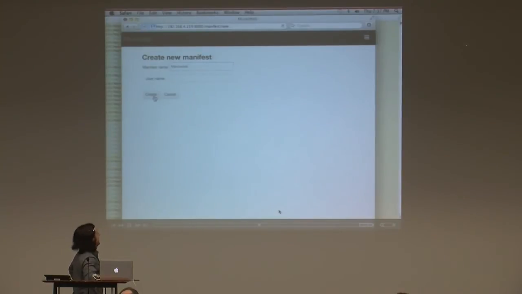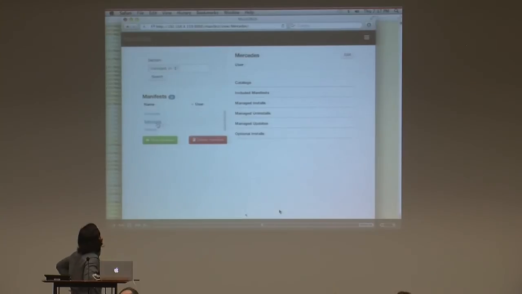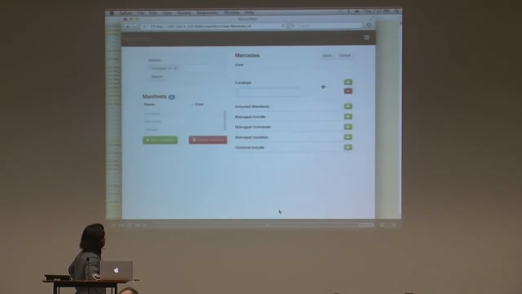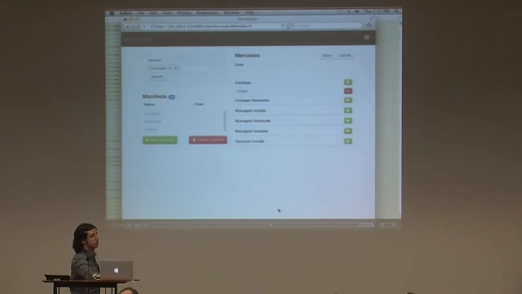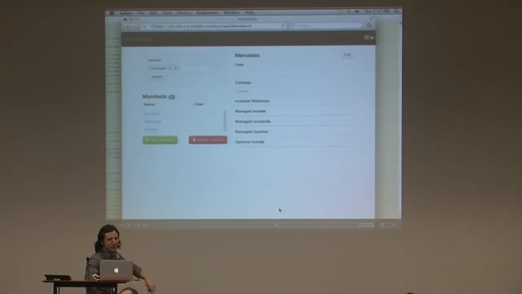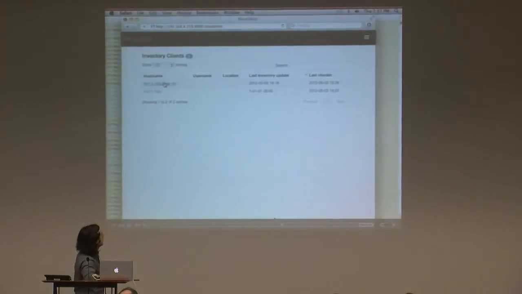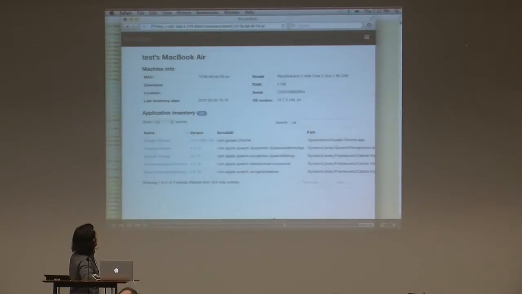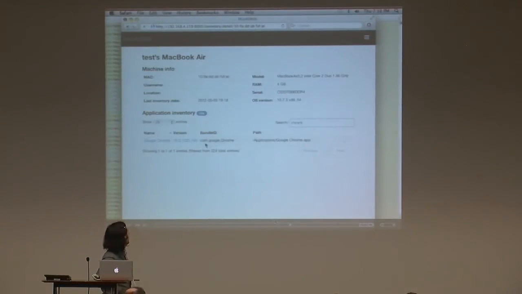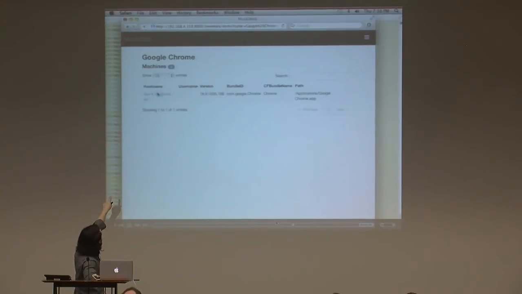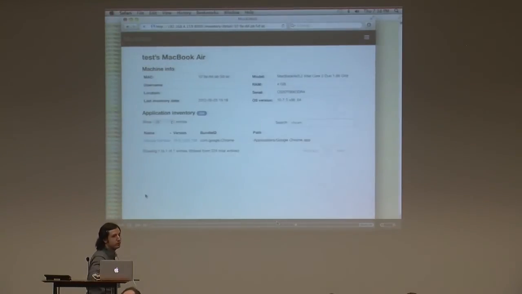I have no idea. Like, this was at 7:30. I don't know where I came up with that. And then I can edit that. The catalog's autocomplete too. That's nice. Yeah. Same functionality. I can't delete any manifests right now. That's not working. But I can go into the inventory. It's nice to know that I can do a query on the system for Chrome. I can look at who has Chrome across my entire fleet.